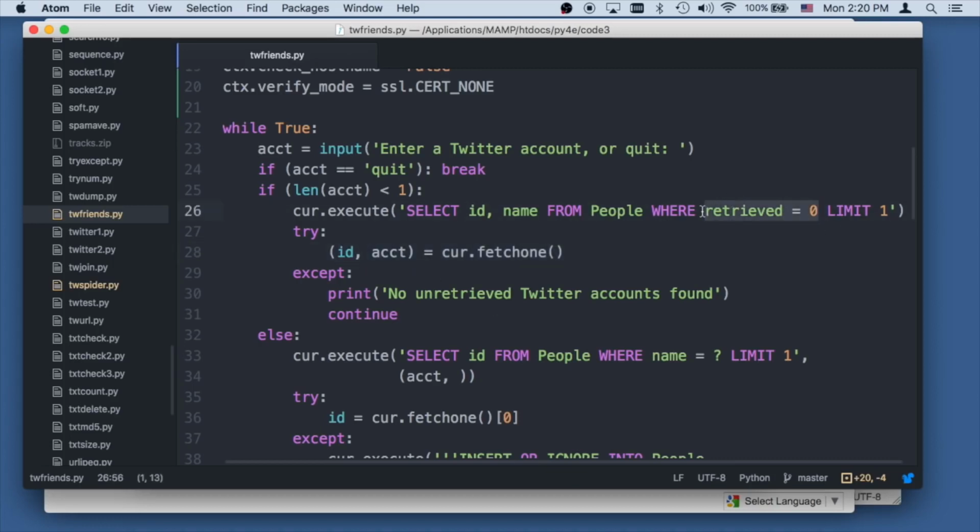Retrieved equals 0. Well, you'll see in a second that all the new accounts we put in are the ones for which we haven't retrieved. And again, given our rate limit, we want to know which ones we've retrieved. Okay, and